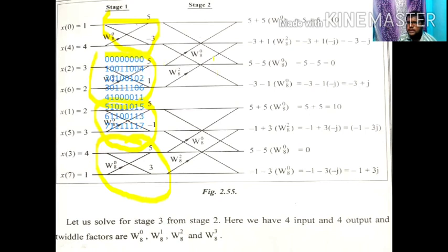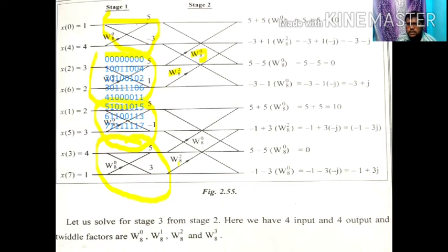So first 2 positive lines and second 2 positive lines. Now I add the twiddle factor value. So the twiddle factor, for DIT, comes at the second input. So here the second input is W8 power 0. So here on the negative line I added the twiddle factor value. So how many twiddle factors are required for stage 2? 2. One is W8 power 0 and another one is W8 power 2. Next similarly for the second butterfly, W8 power 0 and W8 power 2.